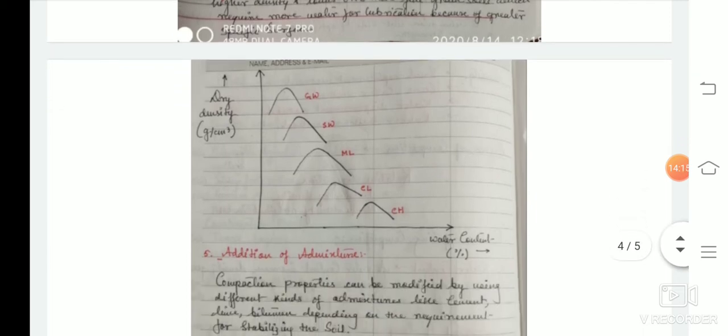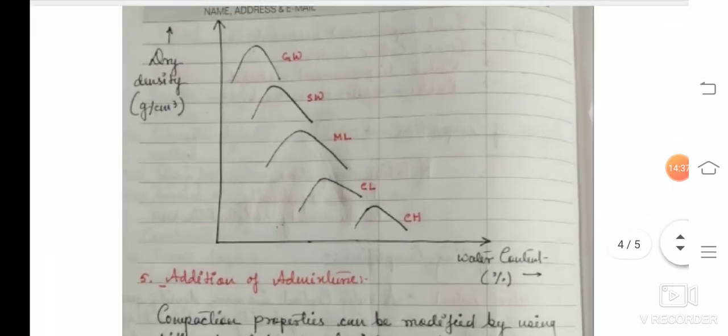Hence, there is a particular difference between the types of soil, and this difference can be easily found from the graph below. As you can see in the graph, when the soil is gravel or sand or silt, you can easily see the density value is decreasing and the graph is also changing. Higher density can be achieved at lower water content in the case of well-graded gravel. GW is stated as well-graded gravel, as you have already studied in Soil Mechanics 1, how the nomenclature of the soil is being done.